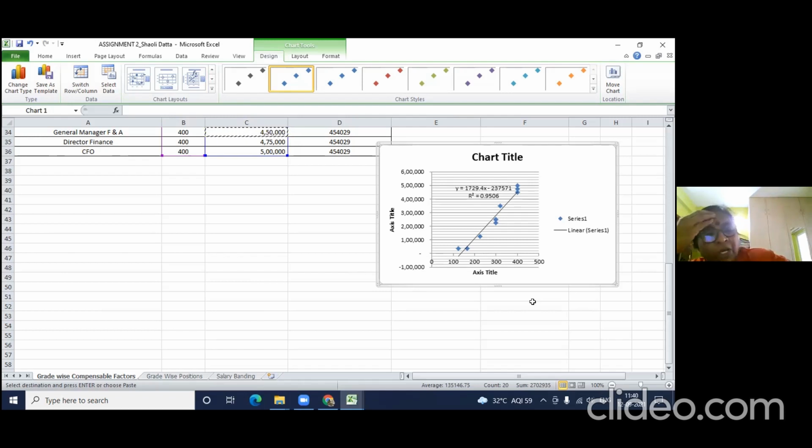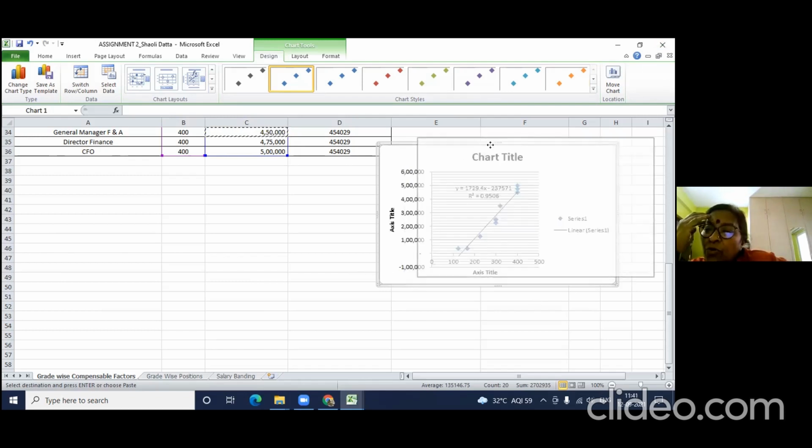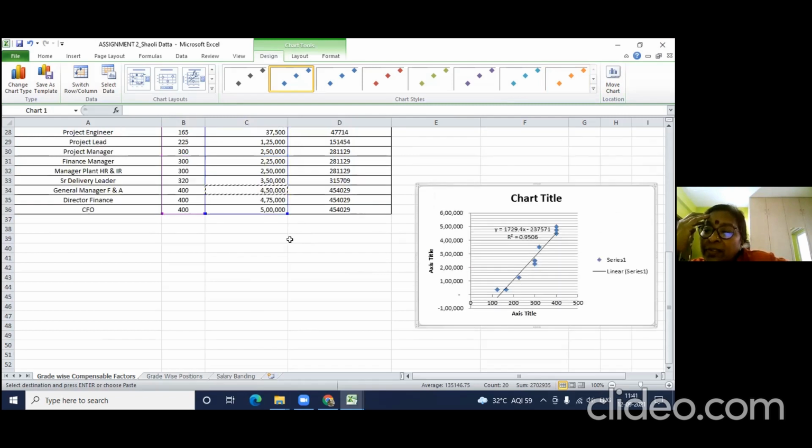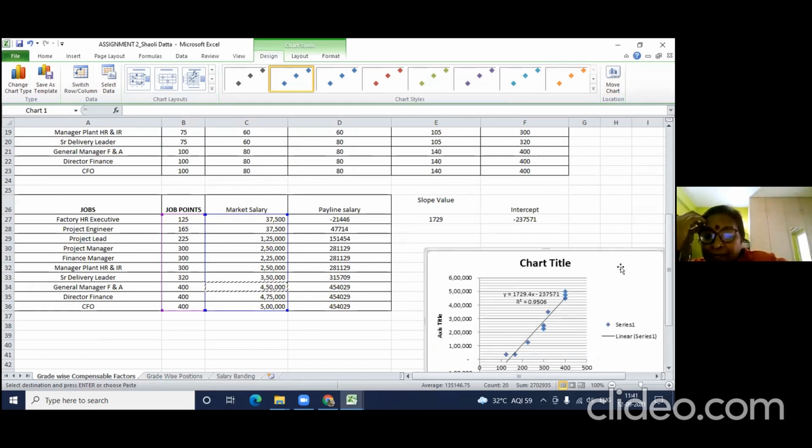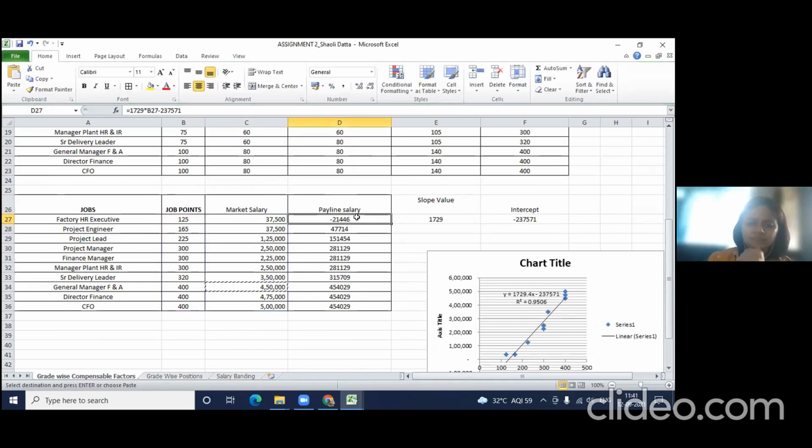Okay, guys, let me do a quick recap so that with your own data, have you all understood how to do regression? Have you all understood? Now let me ask for clarification. I think Sayandeep has a question. Can you please click on that pay line formula? Yeah. Okay, so it is slope into job points plus intercept. Bala, any clarifications?